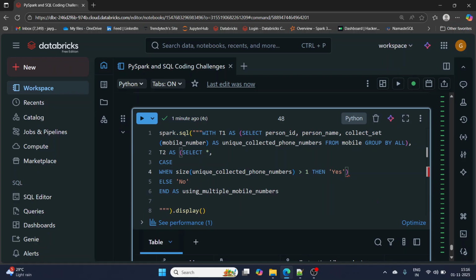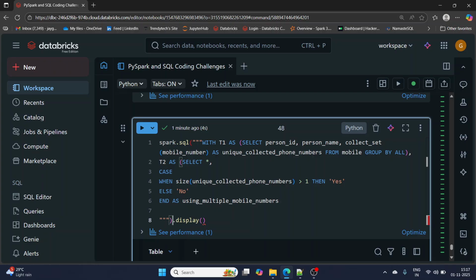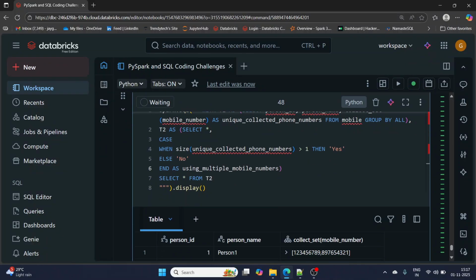Why is there an error here? Okay, select. Oh, this is not needed here, right? And as mobile number, right? And what I'll do? Select star from T2. The query should be ending here, this bracket. Okay, select star from T2. Let's run this now.